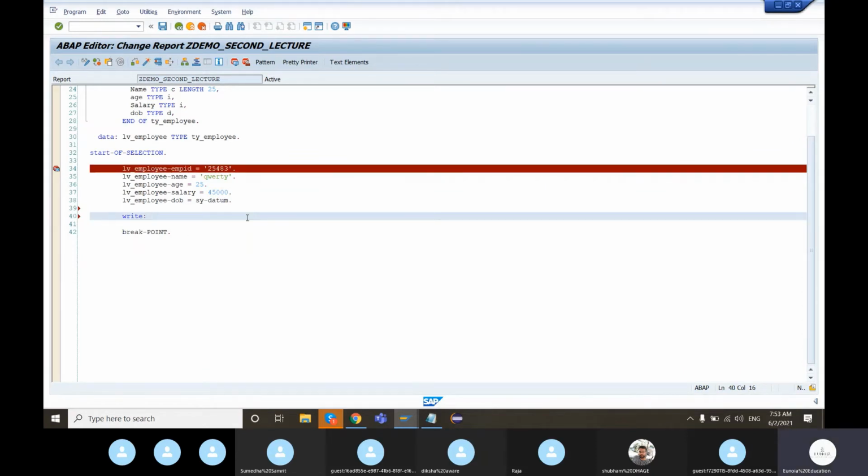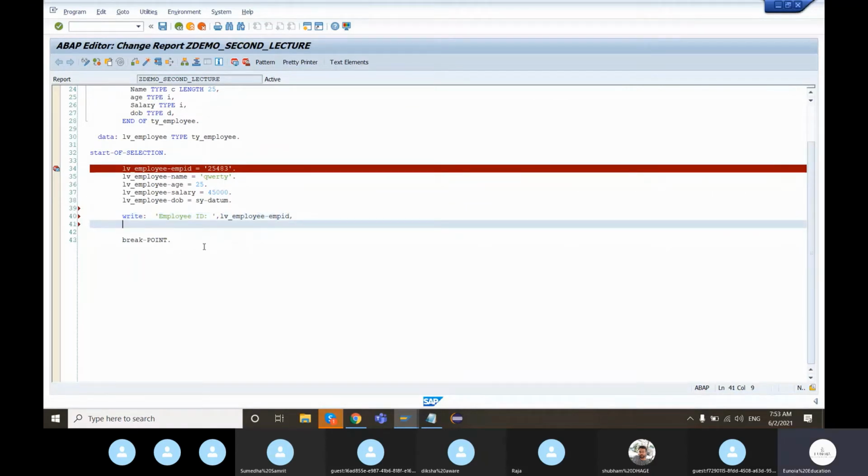Since I'm going to print out multiple statements, I'm going to use the write keyword followed by a colon. First of all, I want to print out the employee ID.